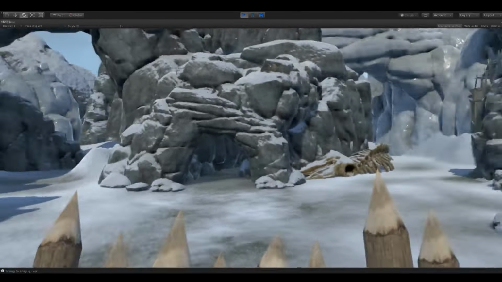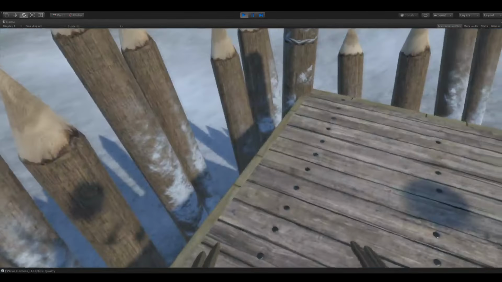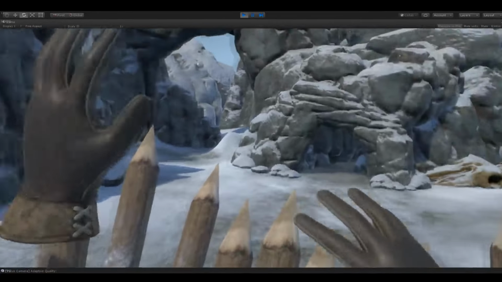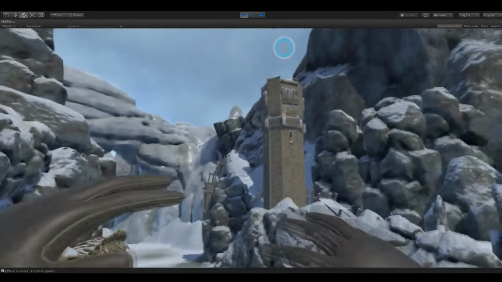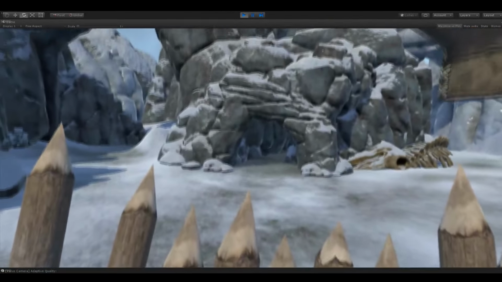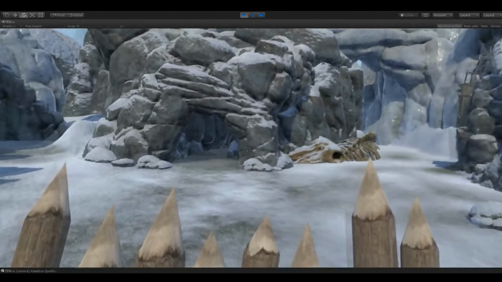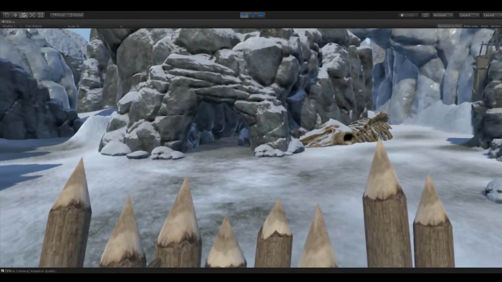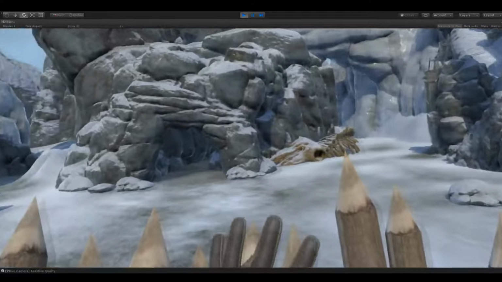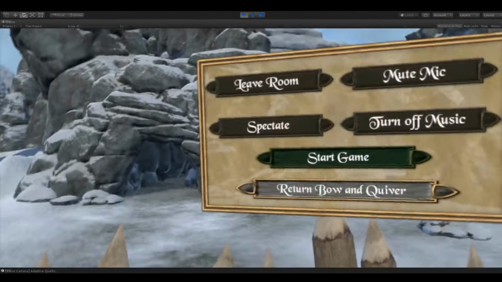So if we go here and hit multiplayer, we'll get brought into a multiplayer game. So now we're in a multiplayer game. If other people were on the same network version as I am, they would be able to jump in. And during the downtime before starting a game, and obviously right after a game ends, and during those 15-second intervals every 5 waves, you have the option to